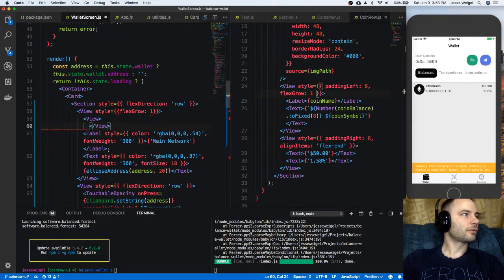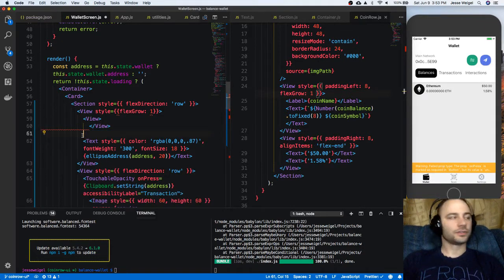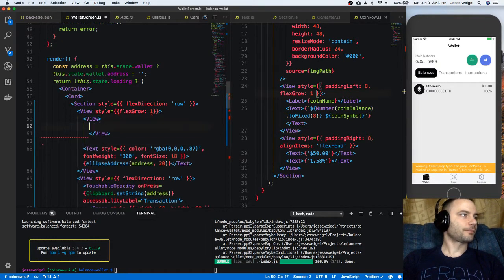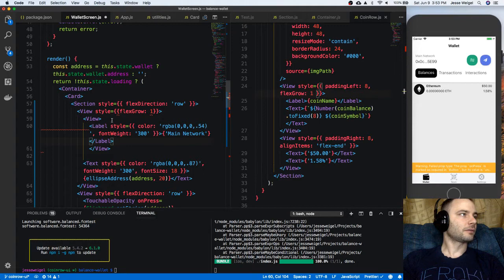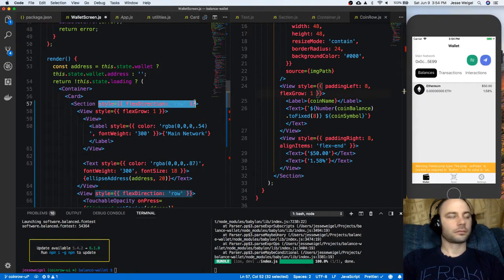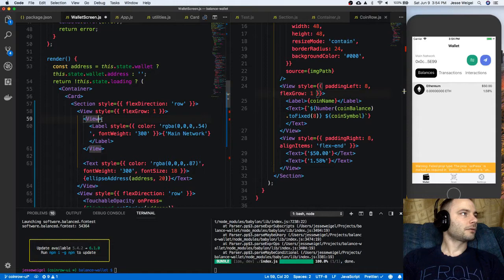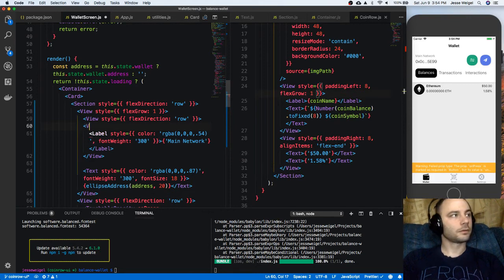So we're gonna have to throw this inside just to keep our spacing, right? Because we want this to be the normal flex direction, but this one we're gonna have to switch to flex direction row. So we're gonna have to do that here, and then within here we can do another view,